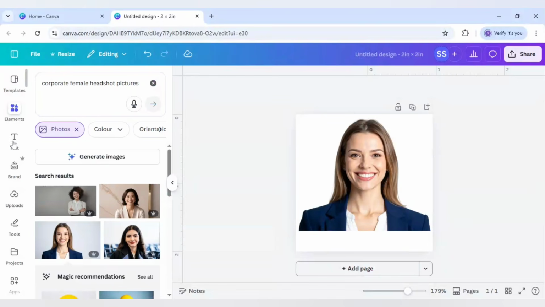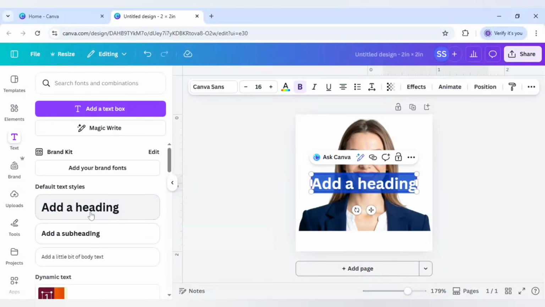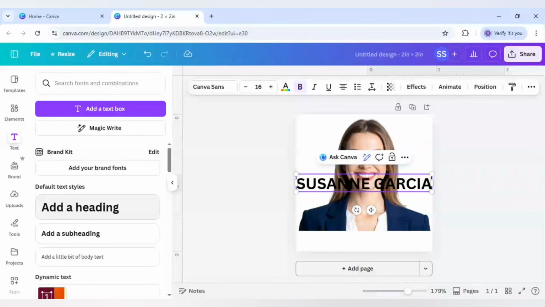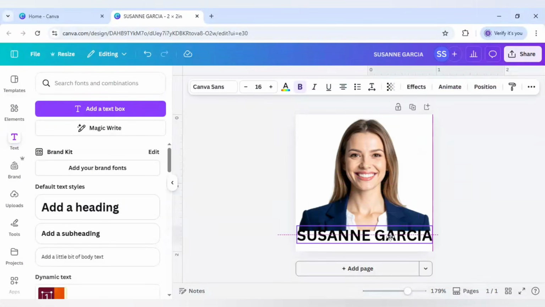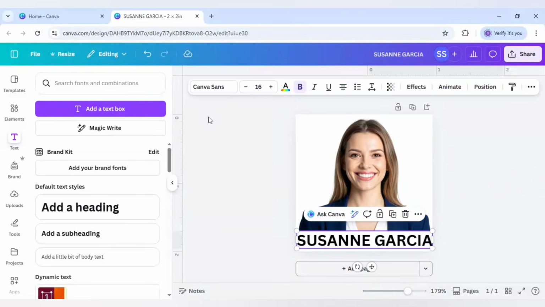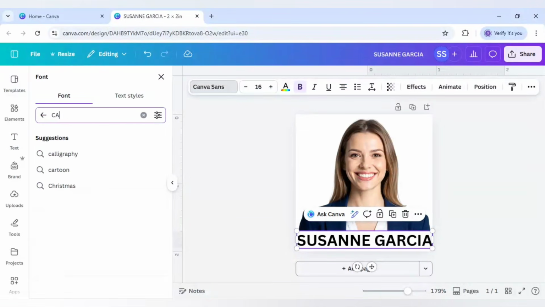Okay, and after that go to text here, click on add a heading, and here I will write the name, and it will be all in capital letters. So I will write here Susan Garcia. So this is a unique name which I am using for this example. You will use your own name. Okay, and I will just bring it here, and after that I will make sure the font is Calibri